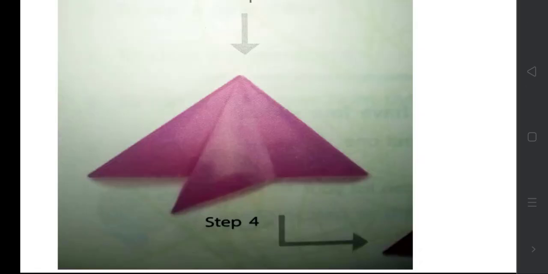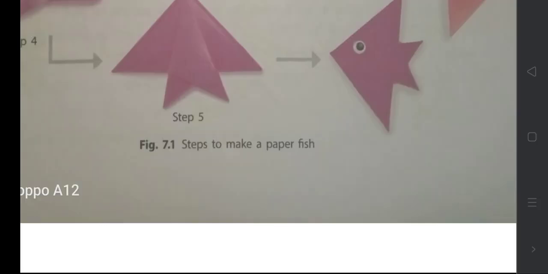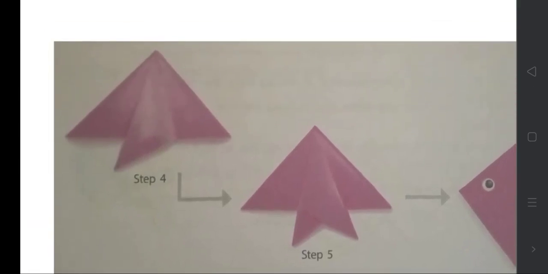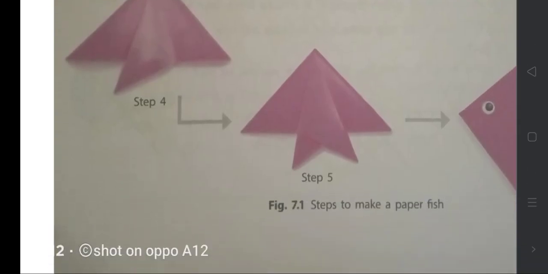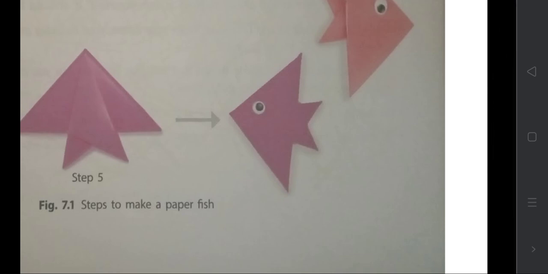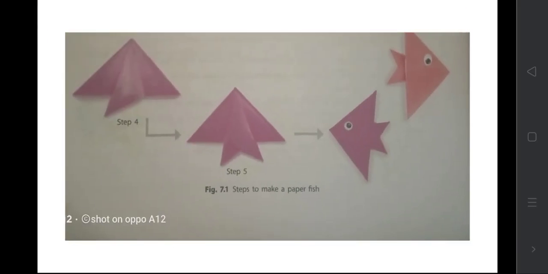Then after that we are folding in this triangle, the left right hand side, only one part we are folding towards the left. Then you can see here, from fourth, the same way, left to right, right to left. Step 4 and step 5. Then you invert it, and you will get the fish. So this is the final thing we are getting in our hand.